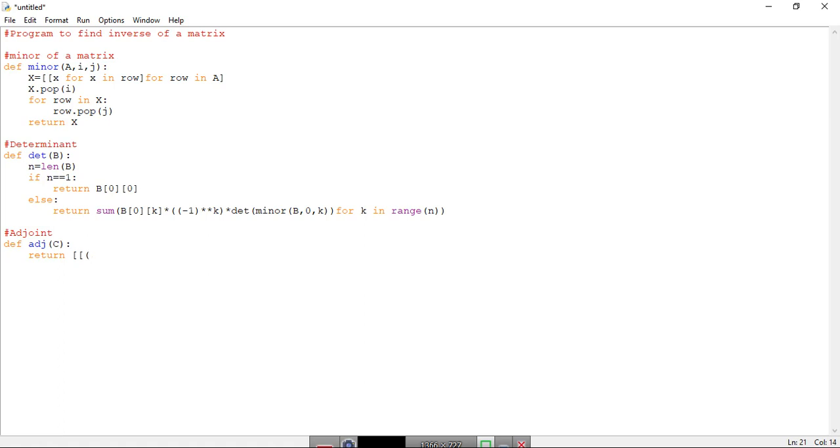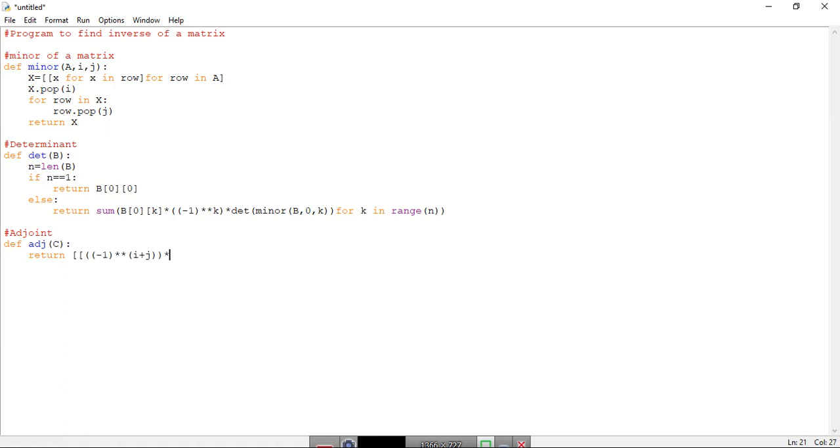Bracket, minus 1 raised to, means star star, i plus j. This completes the first bracket. Then this will complete the second bracket.